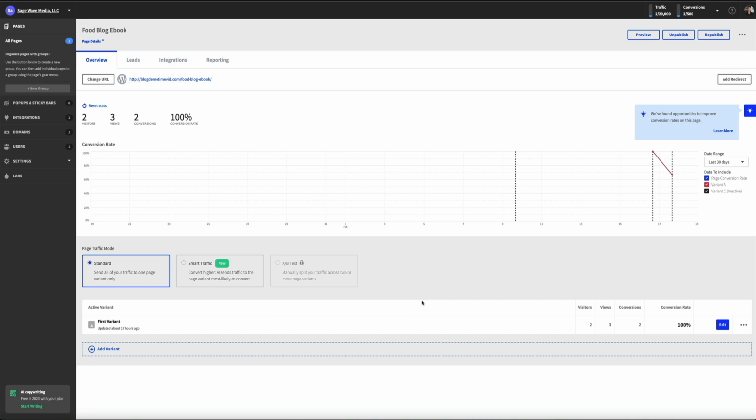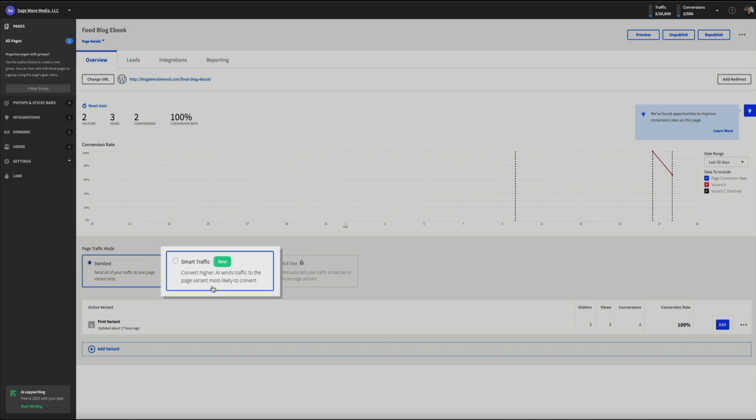At its core, Smart Traffic allows you to send your visitors to the landing page where they're most likely to convert. Unlike A/B split testing, Smart Traffic uses AI to analyze visitor attributes and automatically routes them to the page that's proven to work best for people like them. All you have to do is turn on Smart Traffic and get up to 30% more sales and signups. It's really that easy. So, to turn it on, under the Page Traffic mode,